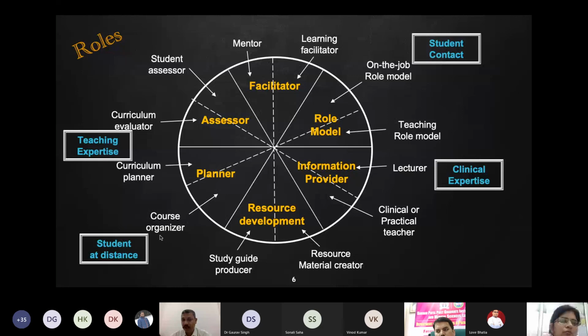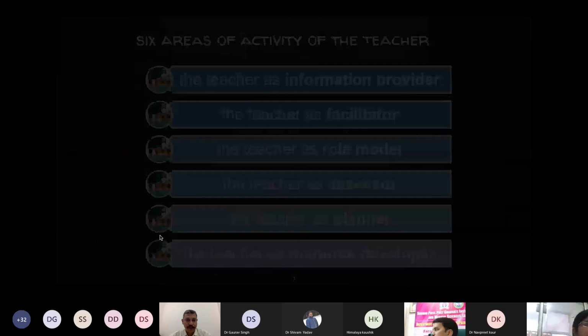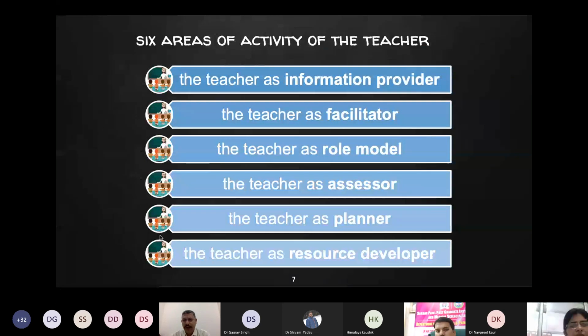So these are all roles we have to play as a teacher, and these are all the expertise and domains in which we have to work as the teacher. So just summarizing the earlier chart, the 6 areas of activity of the teacher are information provider, facilitator, role